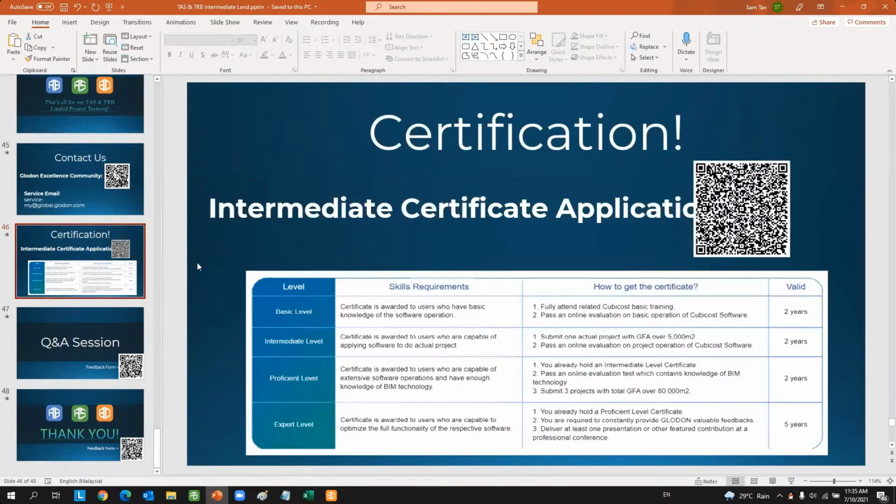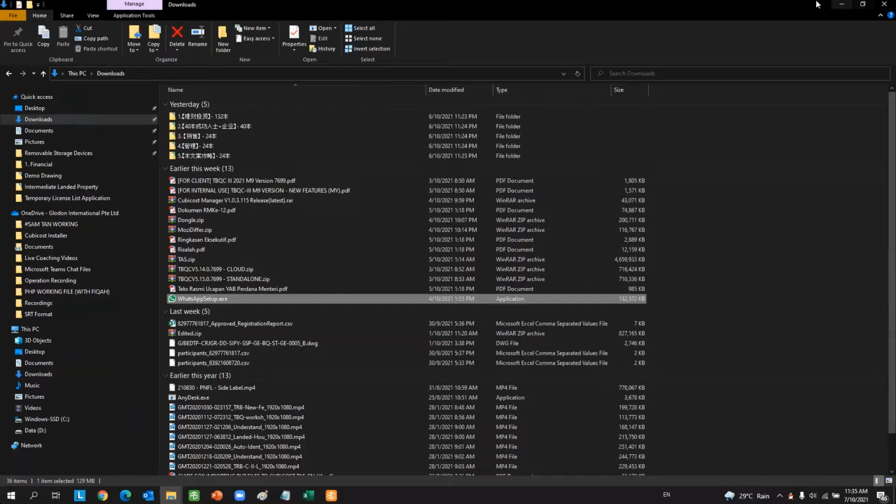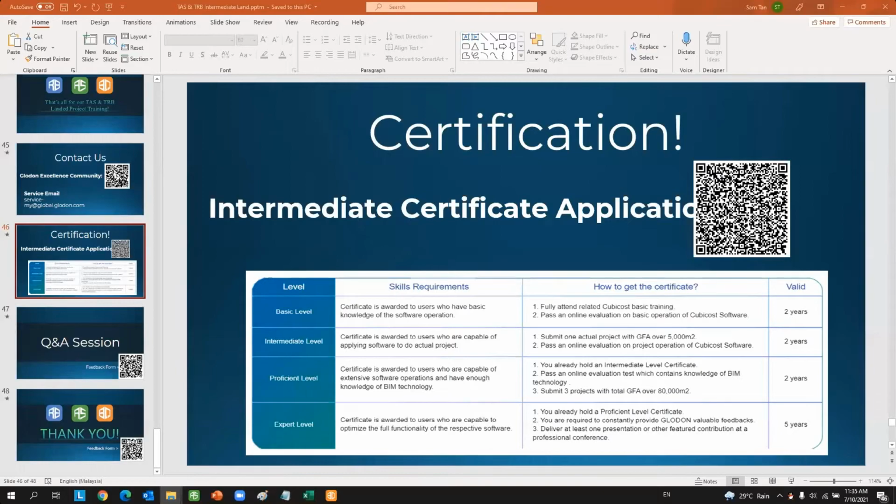Before we leave, we have a few things to share with you guys. The first will be the intermediate certificate applications. I believe most of you attended the basic training, and you have the basic training certificates. We know that the basic training certificates last for 2 years. So from here, as this is part of the intermediate kind of project at the mini courses that we are currently having,